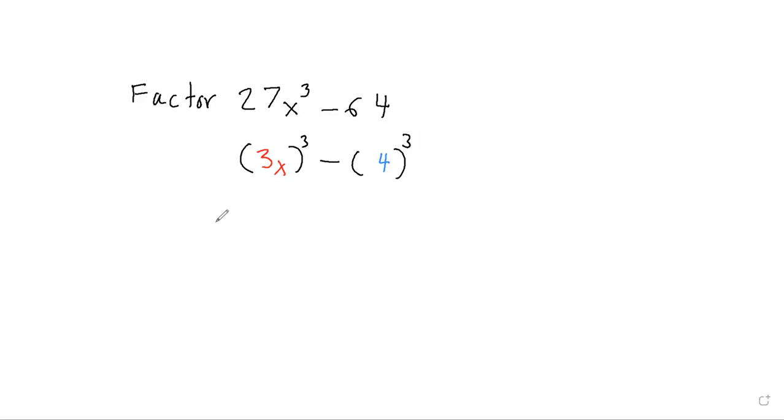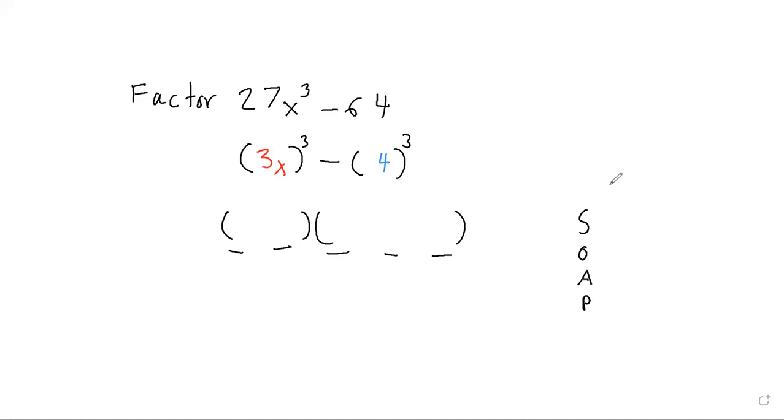When you factor a difference of cubes, you are always going to have a binomial times a trinomial. This first parenthesis is going to have 2 terms. This second parenthesis is going to have 3 terms. In between the terms, we are going to have plus and minus signs. To help us remember where the plus and minus signs go, we are going to use the word SOAP.